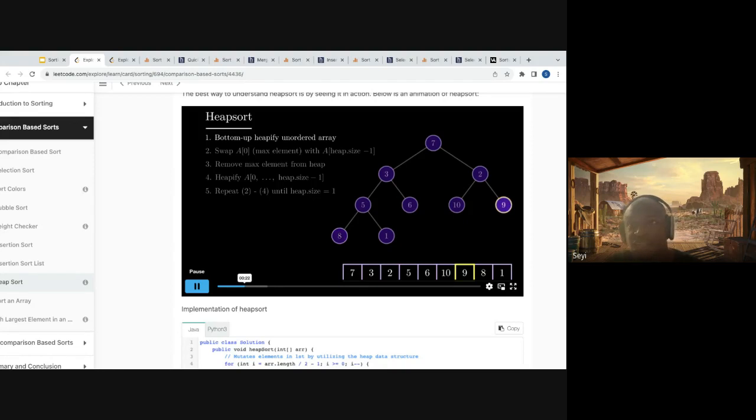So when we get to 9, it has no children, so there's nothing to do. 10 has no children, there's nothing to do. 6 has no children, there's nothing to do. But when you get to 5, right? 5 has 2 children, and each of those children are heaps in their own right. Now, when you want to merge the two heaps together, that's where you determine which one goes on top. In this case, you create a max heap, so we take the bigger value and put it up.